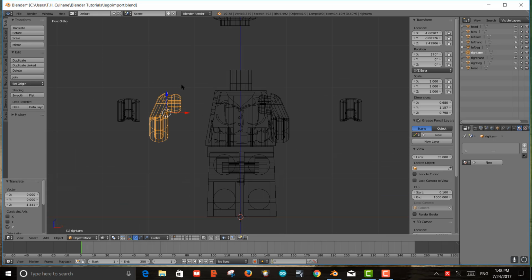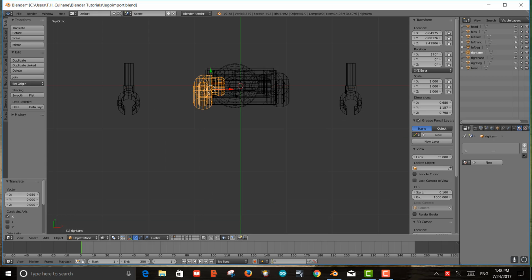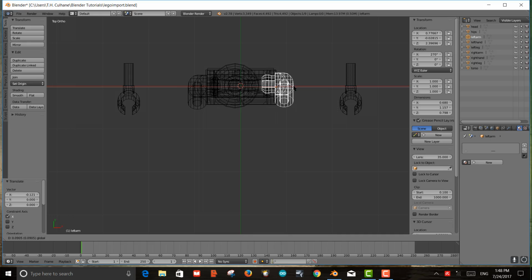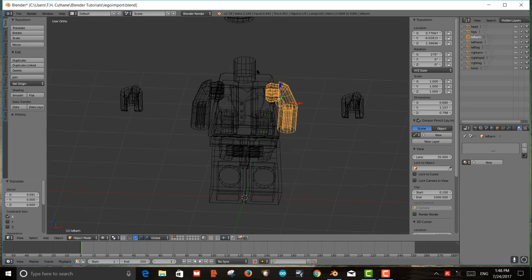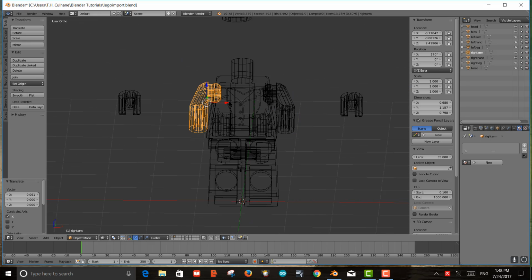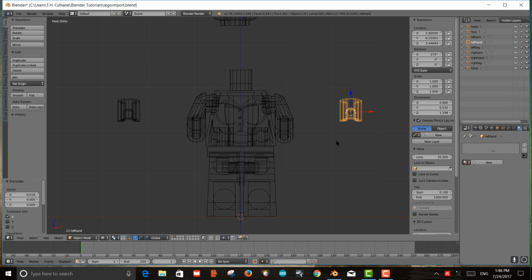So once again, I'm going to use the 1 key to get to the front view. Bring this in. Use the 7 key to get to the top view. Make sure that he's in okay. We can play with all that. 1 key, move this down. It came in fairly